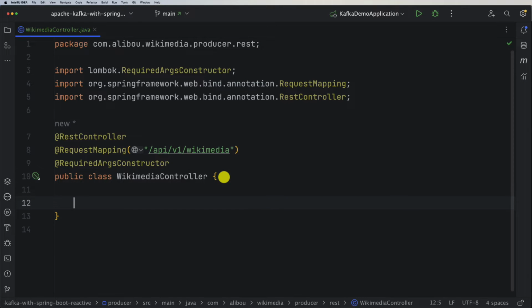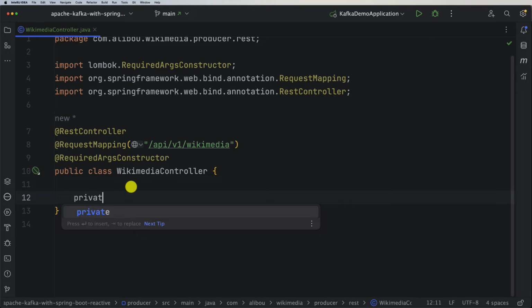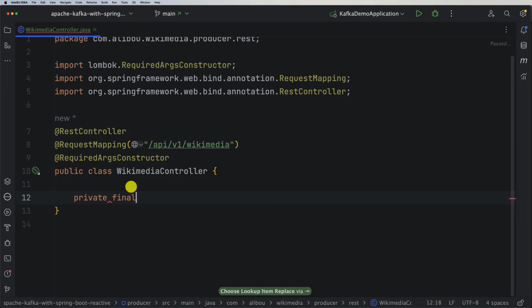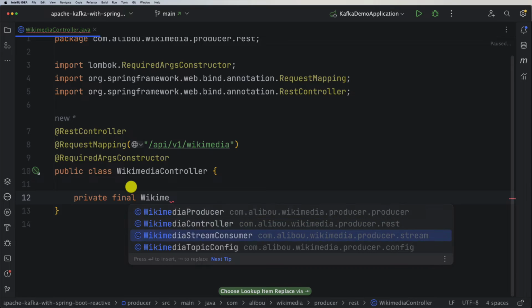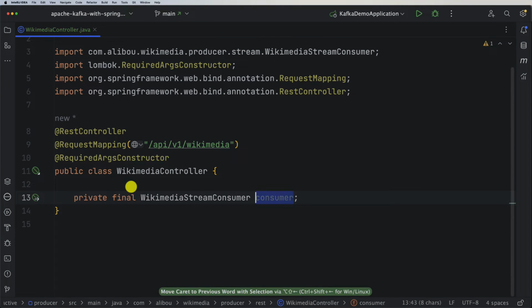And then we need our consumer. So let's inject a private final WikimediaStreamConsumer. Let's call it streamConsumer to be more consistent.